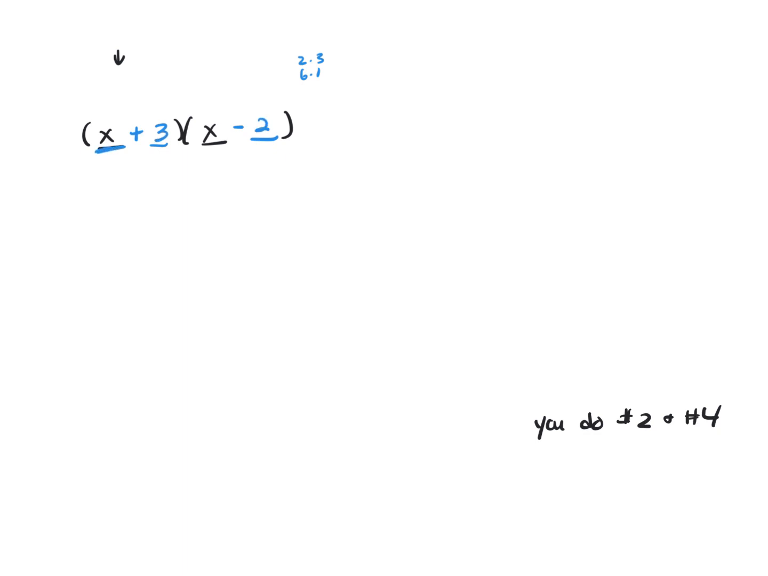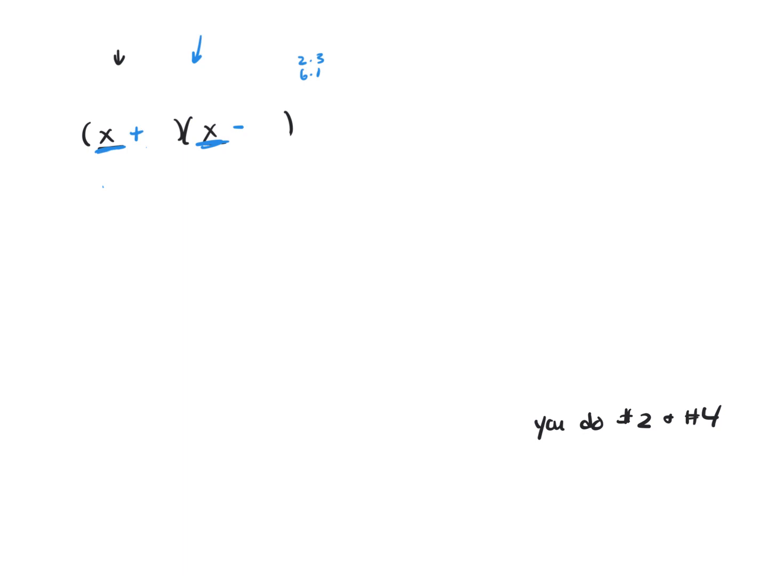So x times x gives you x squared. Positive 3 times negative 2 gives you negative 6. But you've got to get negative 5x in the middle. And the way you check your middle term, multiply the insides, multiply the outsides, and combine. 3x minus 2x gives you x. And I need a negative 5x. So that's not right. So let's go back and let's do